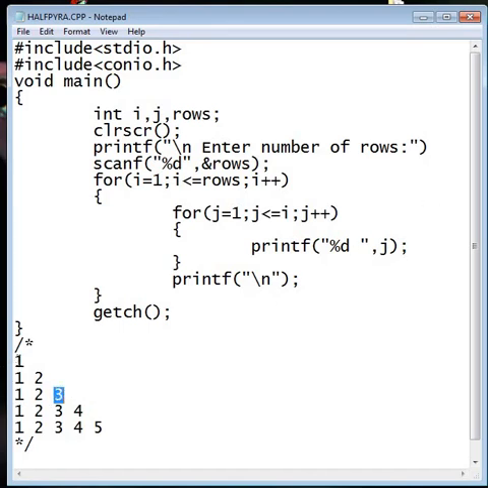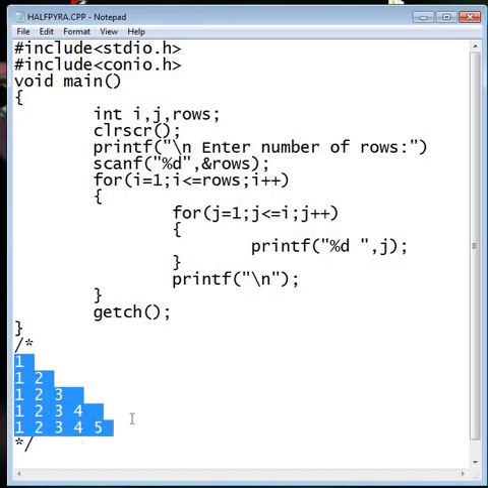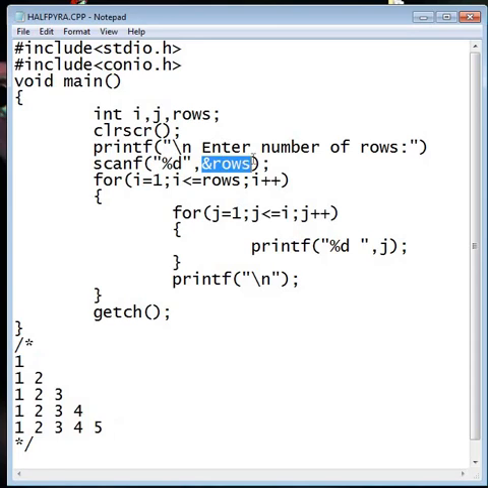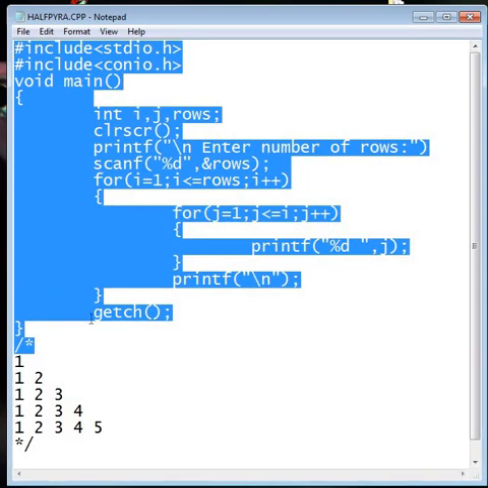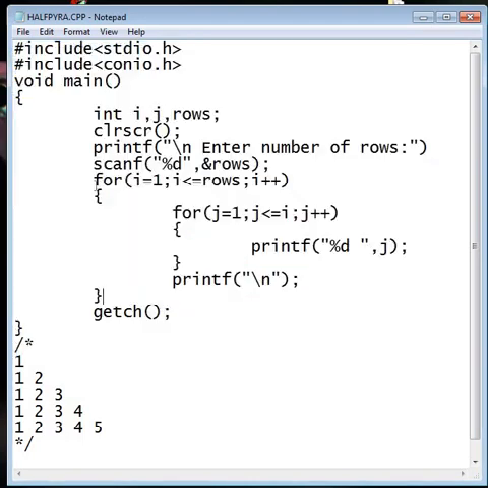Like this all 5 rows are created, and depending on user input which is stored in rows, the rows will increase or decrease. Okay, so now hope that you have understood the reason behind the program, and you can write the program by your own. So next I am going to my next program.